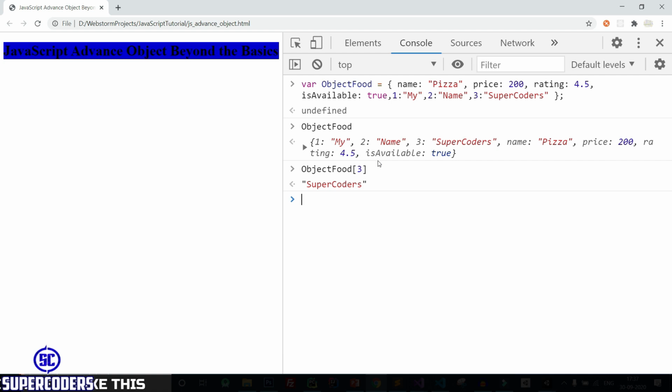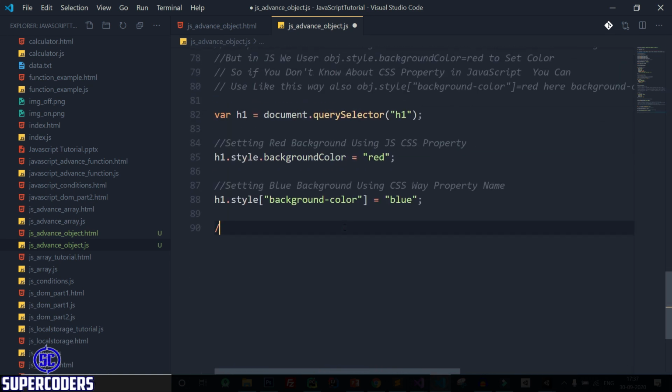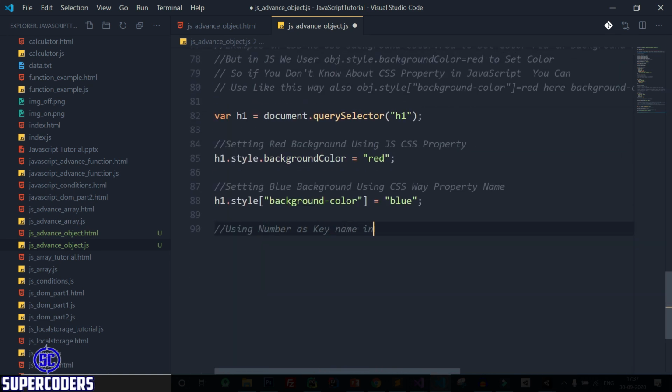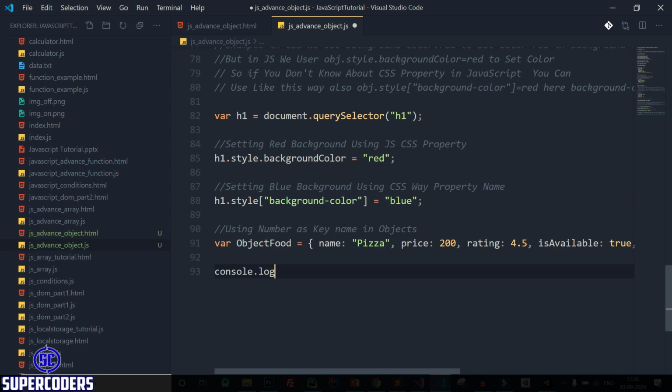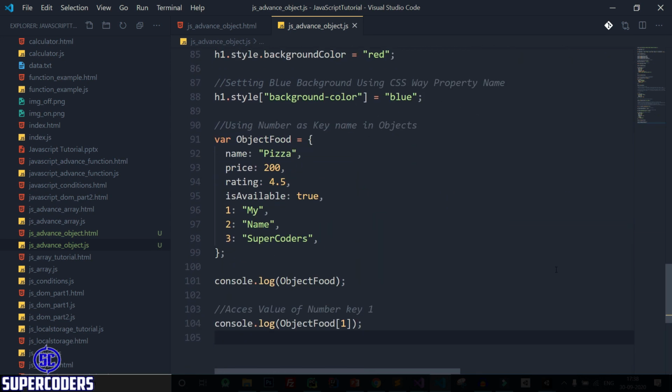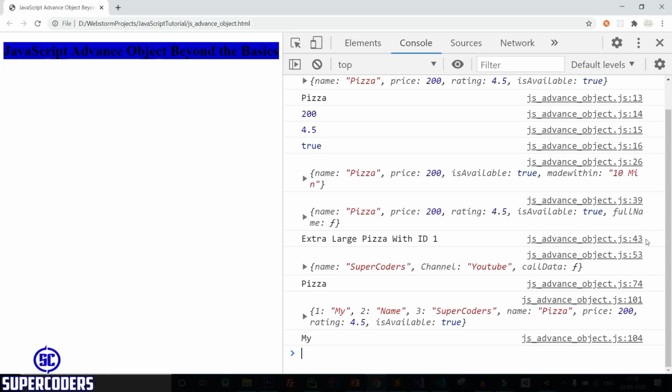Now also copy this in VS Code. So simply copy it, save it, back to Chrome, refresh page. You can see I can access the value of my using num key 1, so it is working.